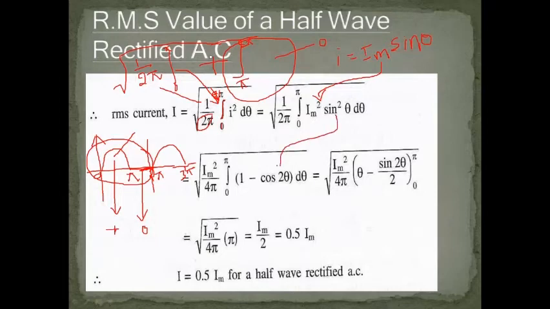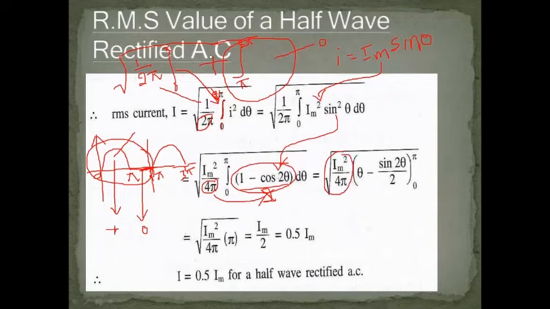We all know sin square theta is written as 1 minus cos 2 theta upon 2. This 2 is constant, so it is taken outside. So 2 into 2 pi is 4 pi. Im square is removed outside, and we have 0 to pi of 1 minus cos 2 theta. So now I integrate both the terms, 1 and cos 2 theta. It is Im square upon 4 pi.